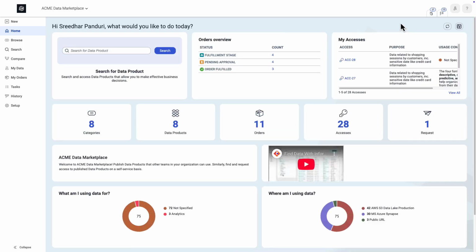The new homepage has widgets that Shrida can use to take action in the marketplace. In the top row alone, he can jump into a data search, see an overview of his orders, or click into the access records for the data he already has access to. The tiles below give metrics relevant to him and also act as links to these items, allowing him to jump in to see the details of his orders, accesses, and requests. Below this, there's welcome information set up by his company and a useful video to help him get started and